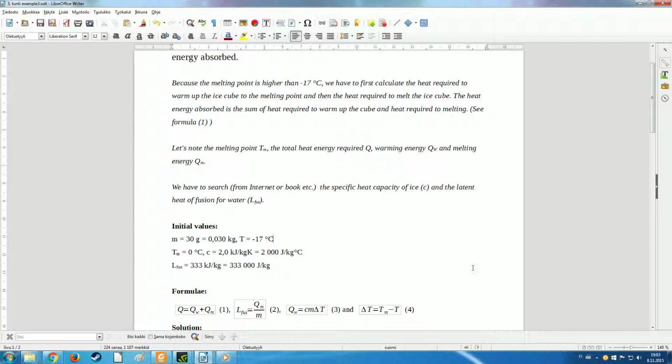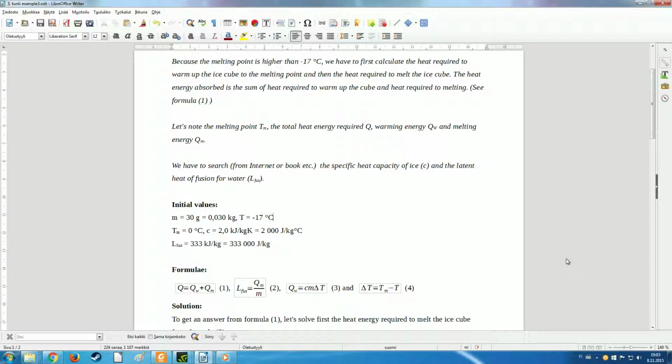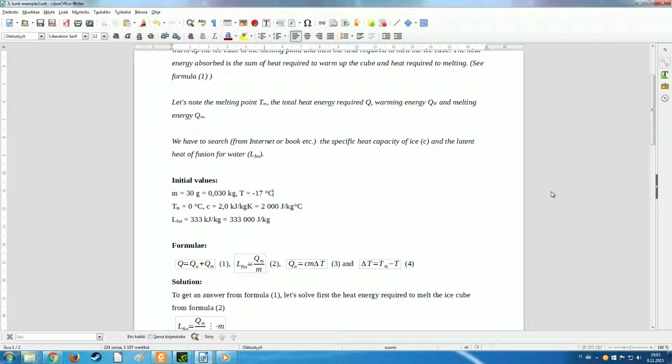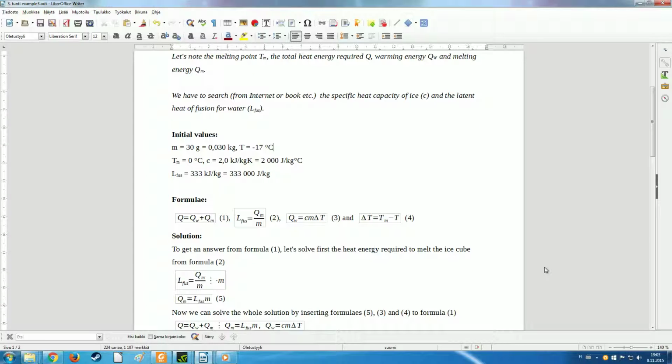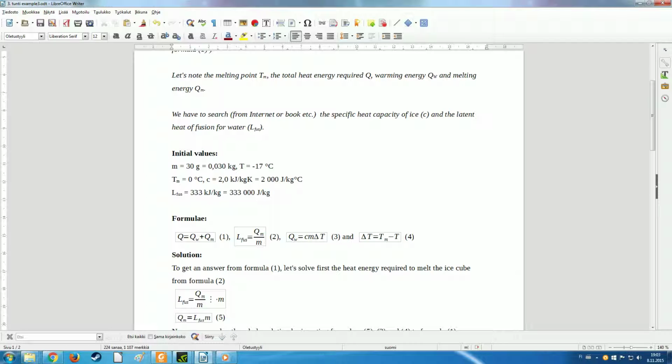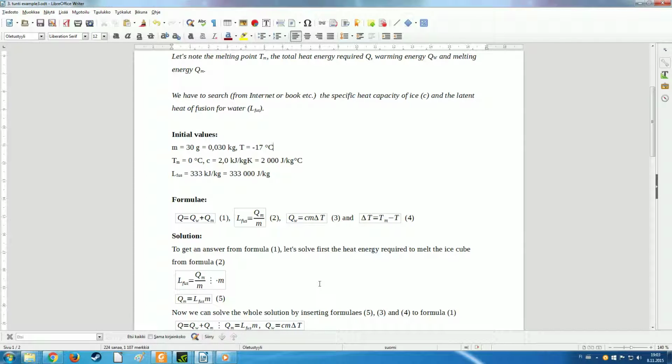First, I solved the heat energy required to melt the ice cube from formula 2 in a similar manner as I solved it in example 1. Then I solved the whole equation. Q is